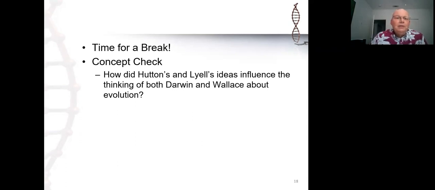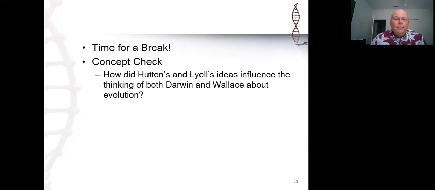Let's answer the concept question and then we'll move on. So how did Hutton's and Lyell's ideas influence the thinking of both Darwin and Wallace? Well, remember, Hutton and Lyell proposed that the nature of the geology of the Earth suggested very strongly that the Earth had to be significantly older than the young Earth divine creation model would account for. That the geological processes that they had observed and realized were involved in shaping the Earth meant